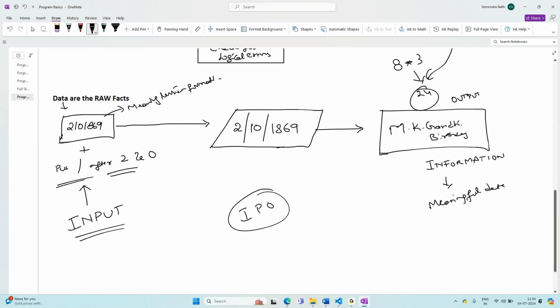Input, process. Processing means what? You just follow the instruction. Instructions may be clearly given sometimes, but in the real world the instructions are not as clear as this. So you need to understand. That is what the designing of the program is, right? Design, write the code, check, right? Next,